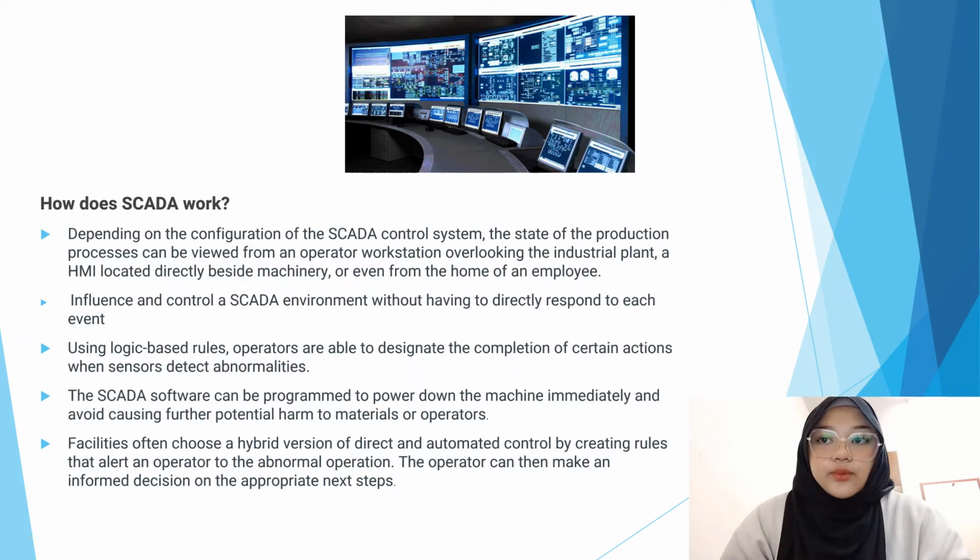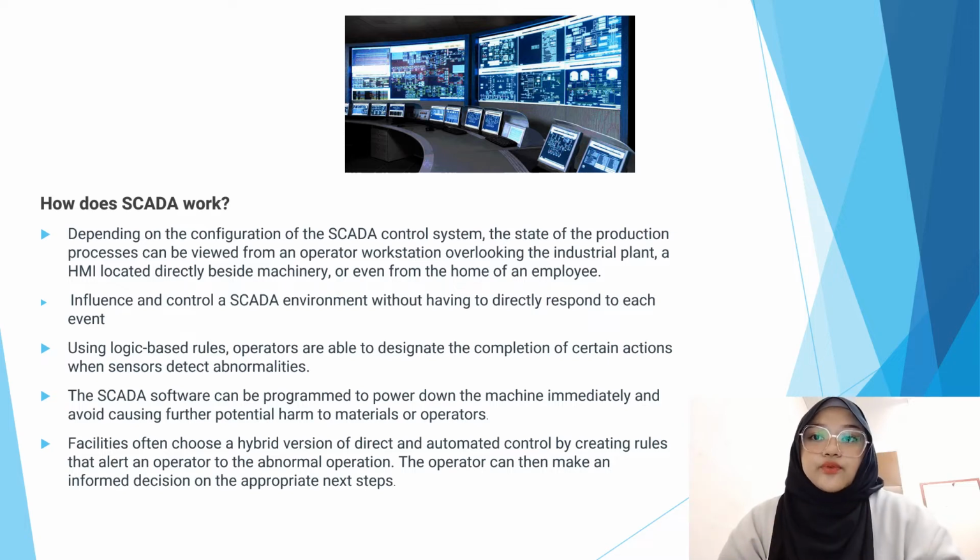Next, how does SCADA work? It depends on the configuration of the SCADA control system. The state of the production processes can be viewed from an operator workstation overlooking the industrial plant, an HMI located directly beside machinery, or even from the home of an employee. It is also possible to influence and control a SCADA environment without having to directly respond to each event. It is using